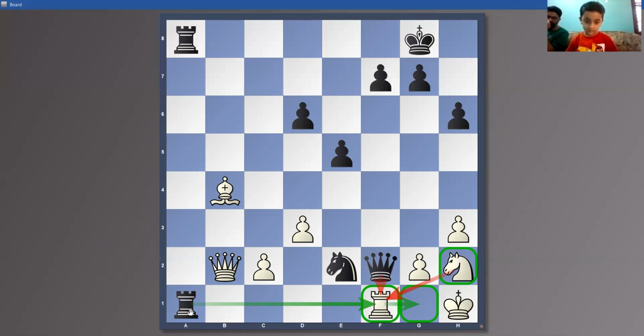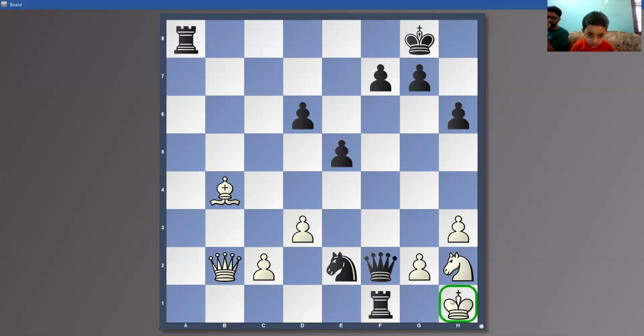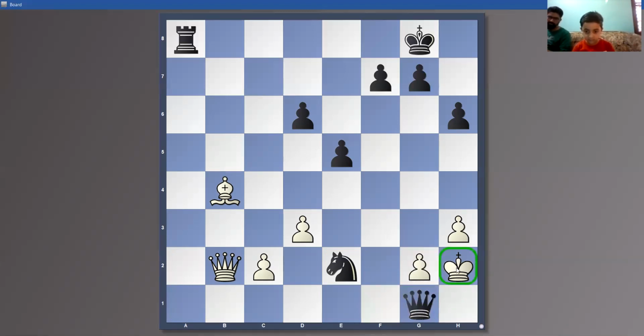So the checkmate is first move rook capture on F1. Now the king can't go anywhere. You have only one move, knight capture on F1. And now the queen captures. So again it's check. Now you have only one move, which is this. But now is the last move. Queen G1. Now the queen is under check. This queen is defended by this knight, and this square is also defended by this knight. Now the king is trapped.